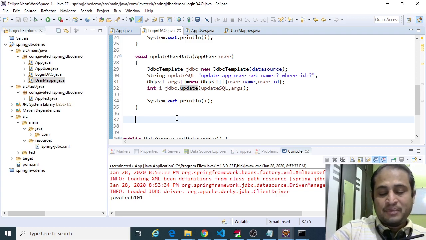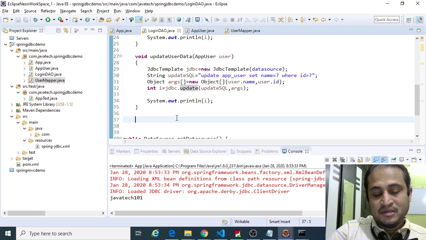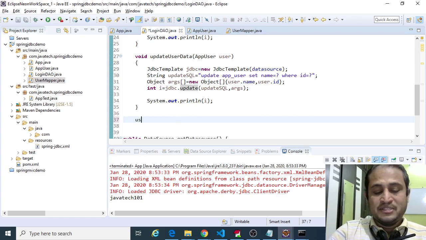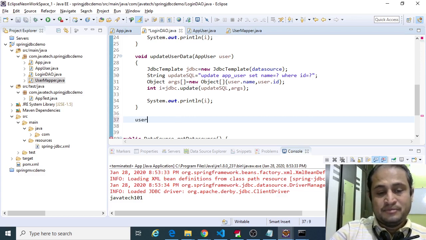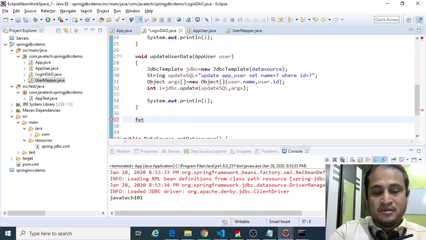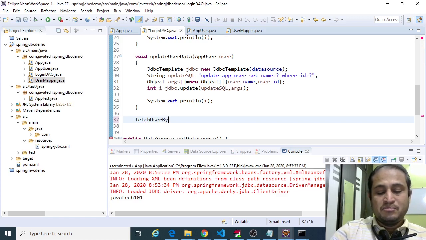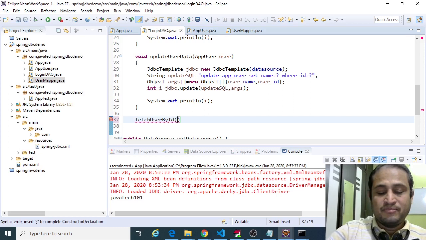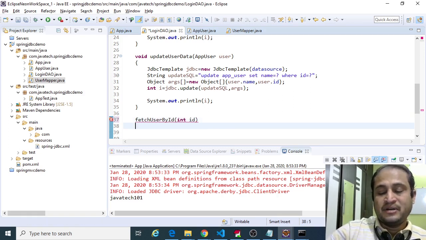So let me write a method called fetch user by id from the app user, where I am passing an id, the app user id, as an argument.